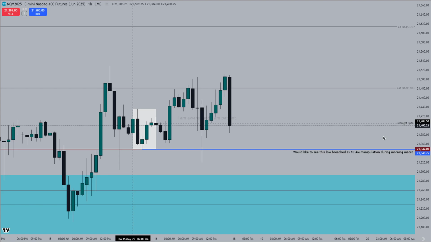So moving on to the 1 hour time frame, here as you can see we have the midnight open more clearly denoted. Here we have 7 p.m., which we'll get into later. And here is the 10 a.m. candle and here is the 9 a.m.